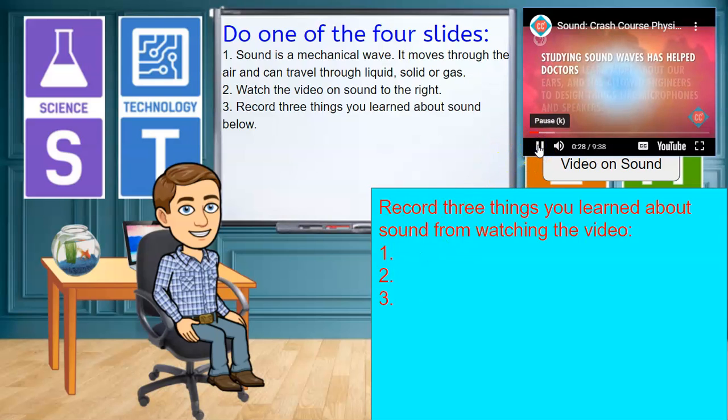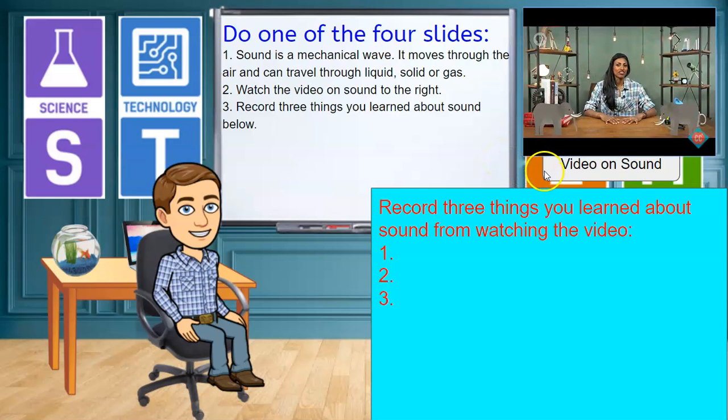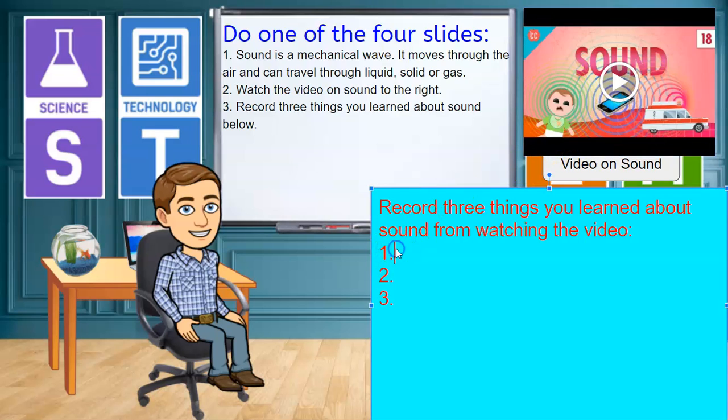Studying sound waves has helped doctors learn more about our ears and has allowed engineers to design things like microphones and speakers. Biologists have even used the science of sound to figure out how animals like elephants can communicate over long distances. So that is one of the first things maybe that you learn. It's actually something I didn't know, that scientists have used sound to figure out how elephants communicate over long distances. So you can go ahead and put that down,